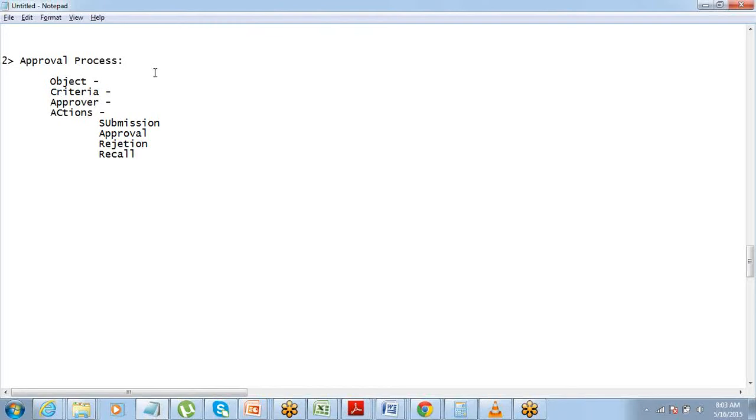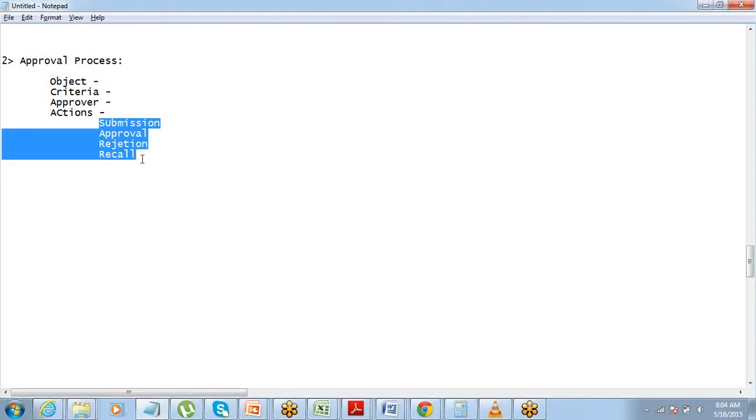So you have to define action for each of these stages. An approval process goes through these four stages, right? When an approval is submitted, if it is approved, if it is rejected, if it is recalled, right? So I have to define action for each stage.